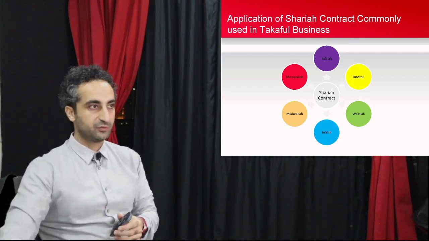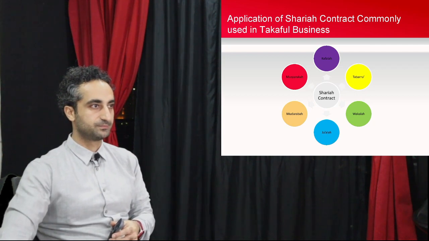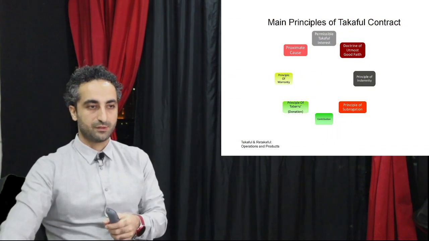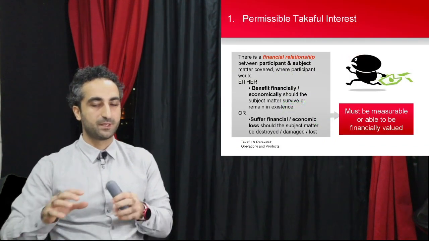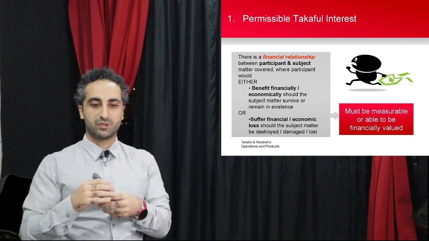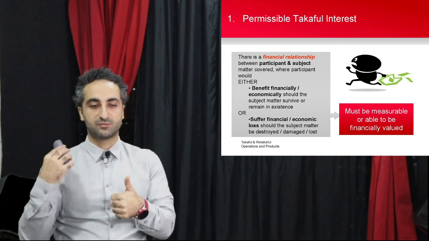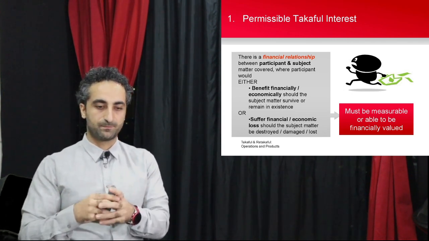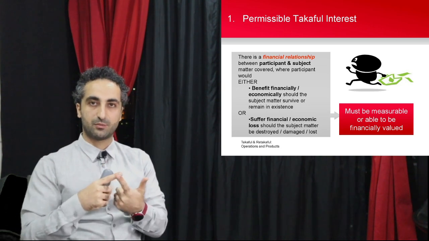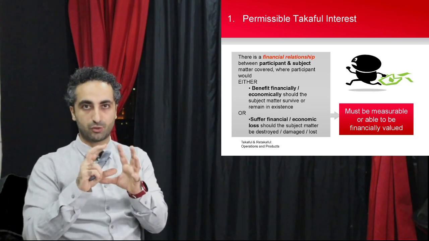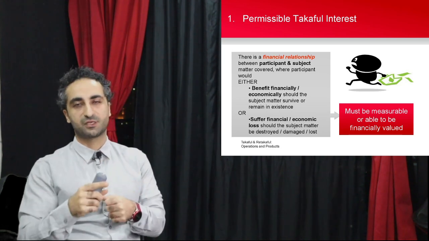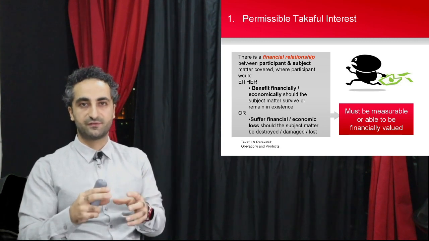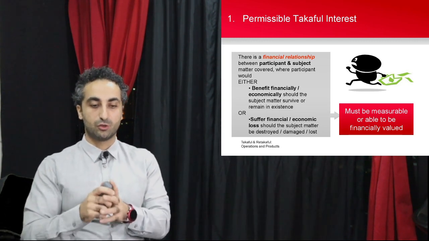Okay, let's move to permissible interest. So here there is basically a financial relationship between the participant and the subject matter covered. So there will be conditions here. Let's see. Benefit financially and economically. Let's continue. The condition: should the subject matter survive or remain in existence, or suffer financial economic loss should the